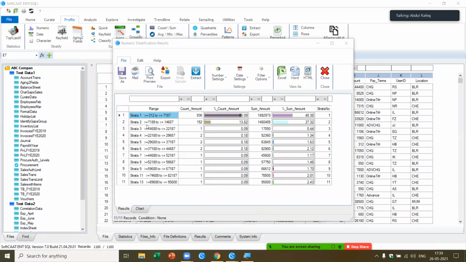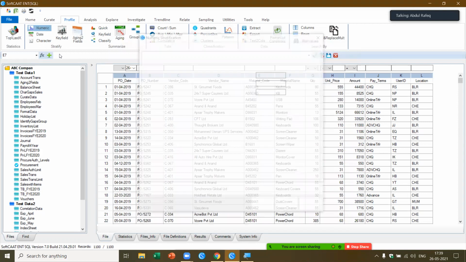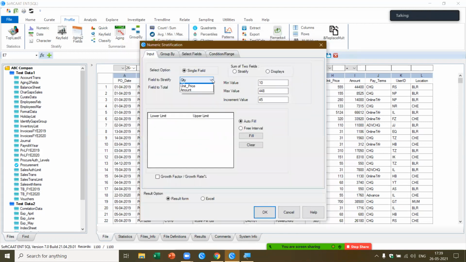Now I want to give it separate criteria. Instead of this, I'd like to give my own criteria. For example, I say numeric, and here I pick up the amount. Instead of autofill, I'm going to give free intervals.